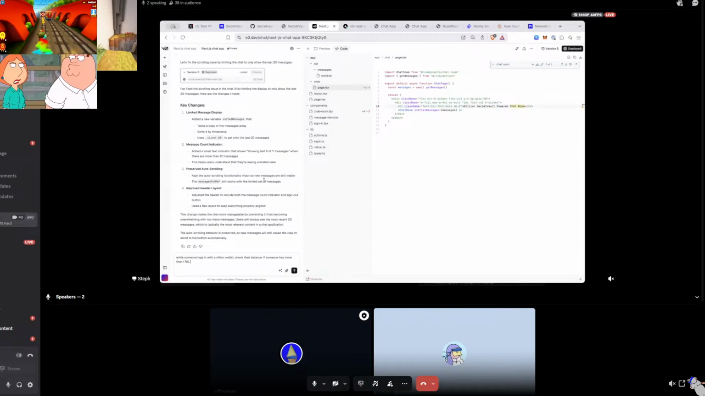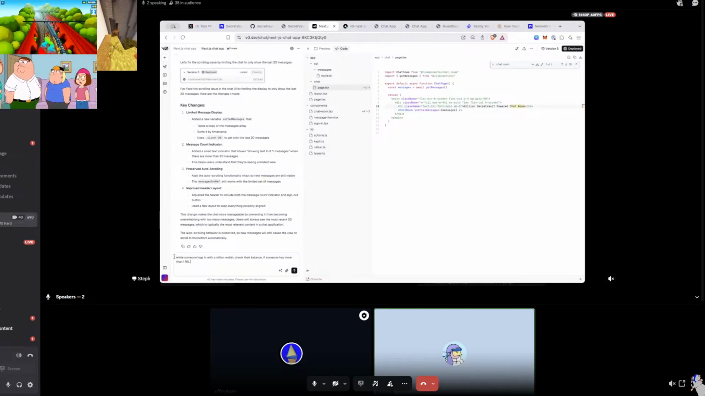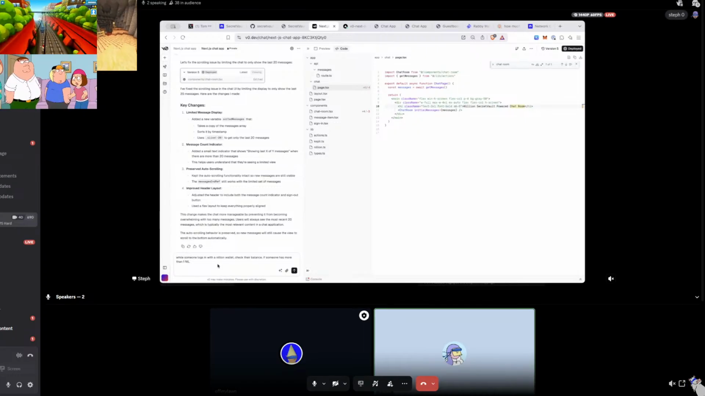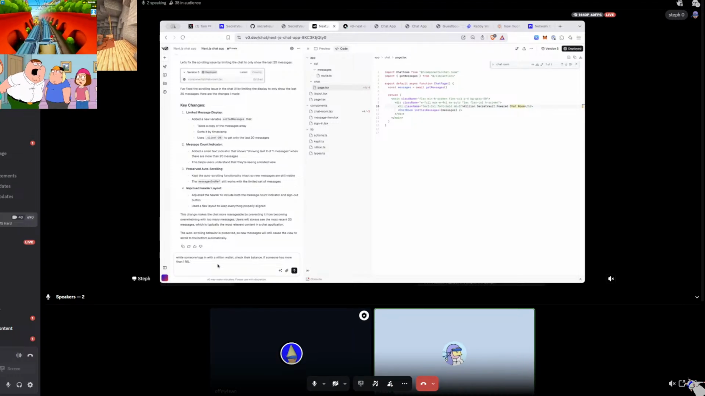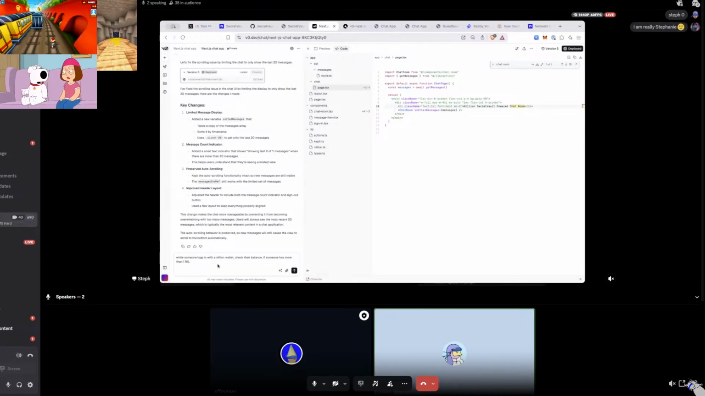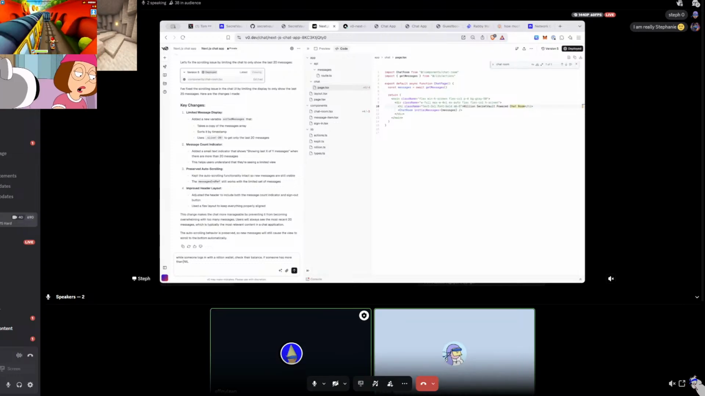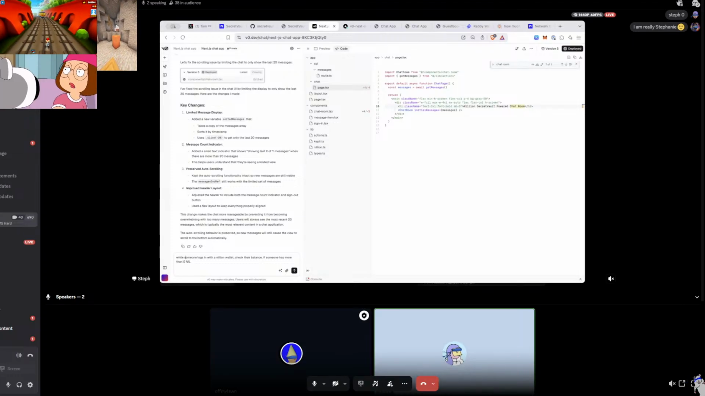Sorry. No worries. Okay, so I'm gonna try to one-shot add that functionality. When someone logs in with a Nillion wallet, check their balance. If someone has more than, let's say more than 0 nil, so that even if you have like point something of a nil,